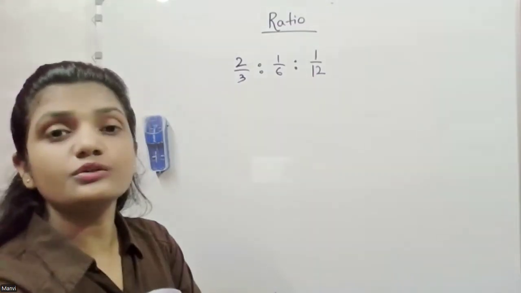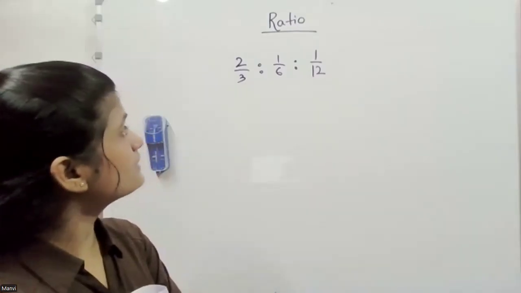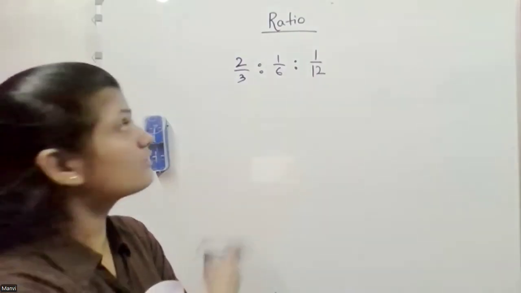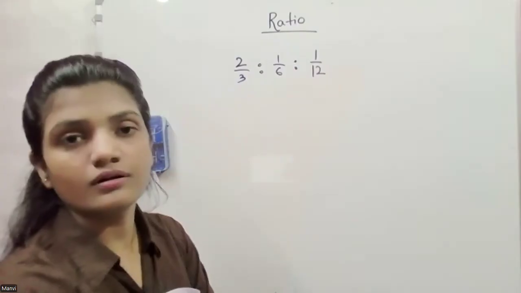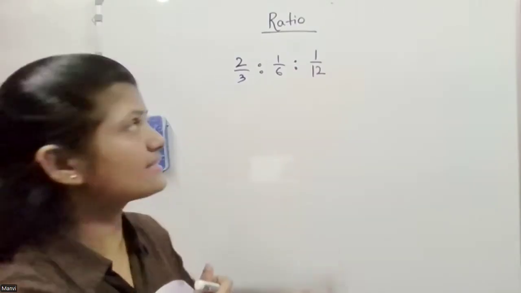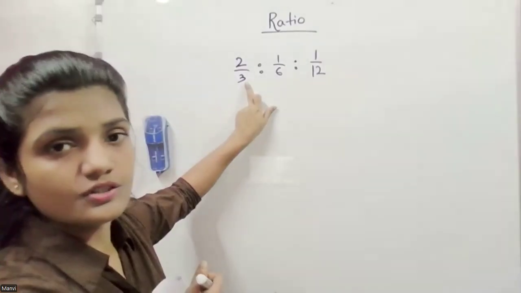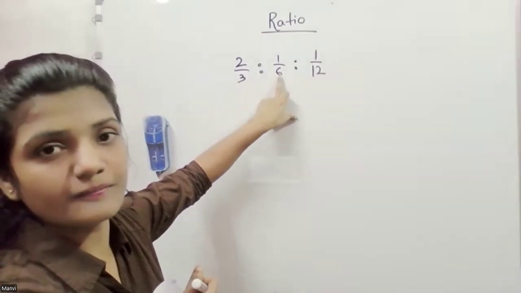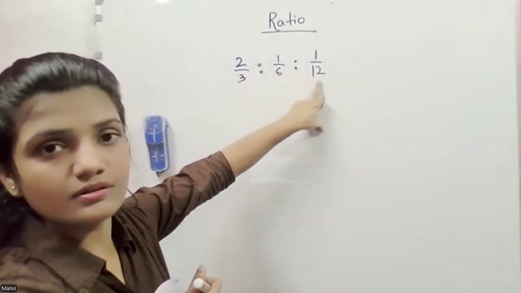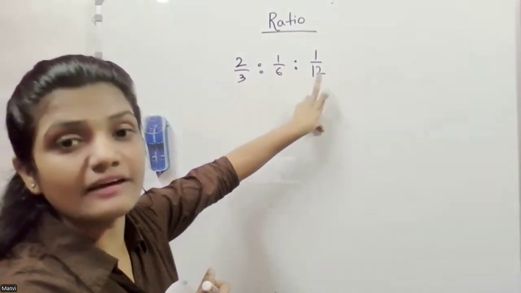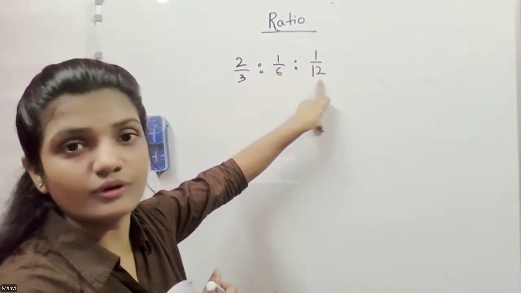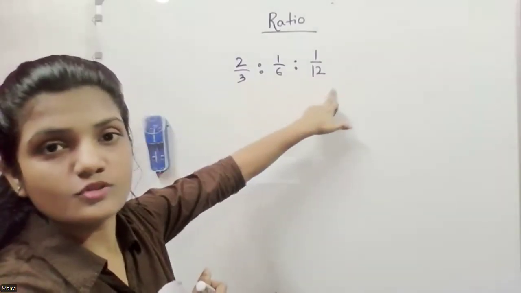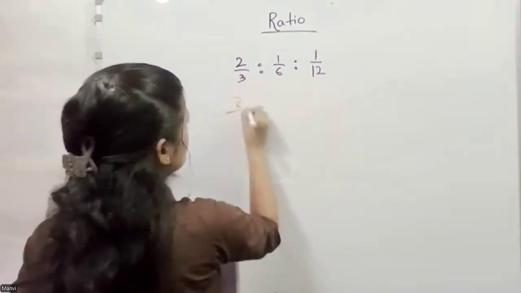No. First, you need to think from which number I multiply so that all 3 we get in its simplest form. Like we convert all 3 into whole numbers. Here, as you can see, this is 3, right? If you multiply all with 3, then here we may have something remaining. Here also. So try to multiply with 12, because you can see that 12 is a multiple of all 3.